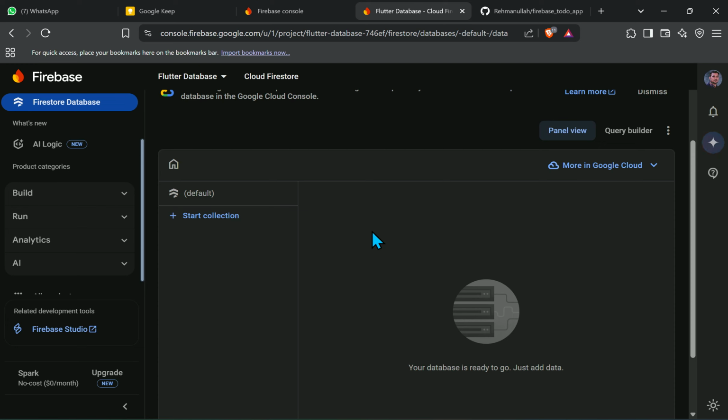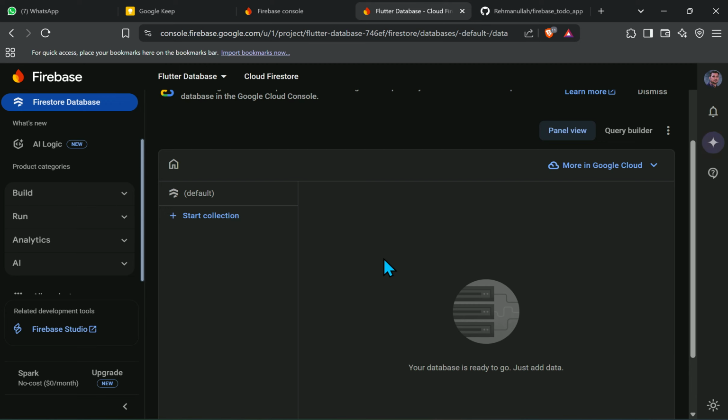This database basically stores collections, and collections means anything, for example a product, a person, a student, and so on. So you can define the schema of your database here if you want, but later on